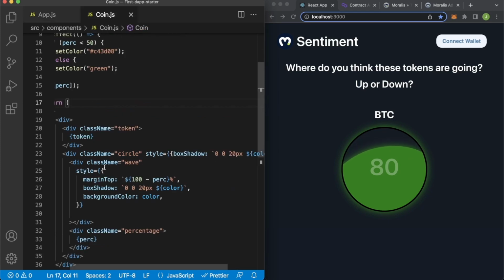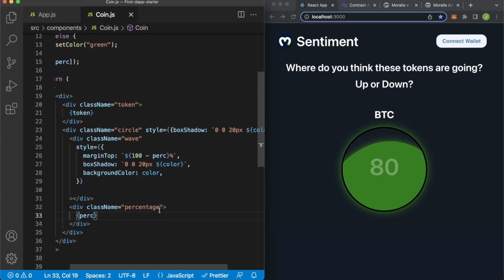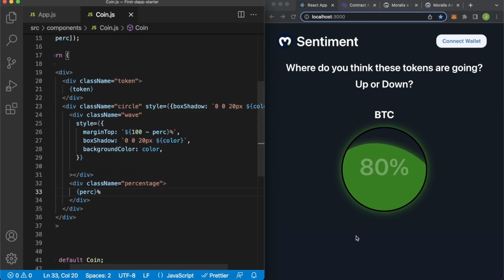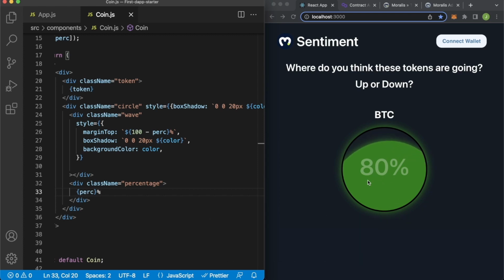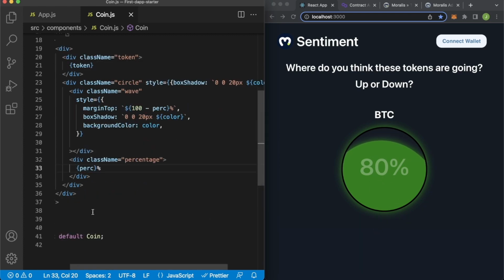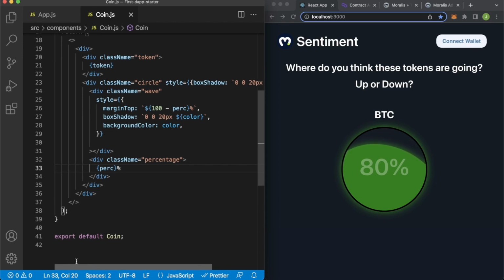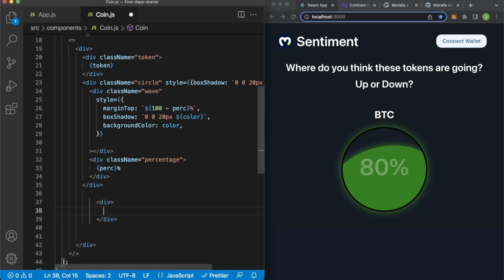One last thing we can add, after our percentage, we can add a percentage sign like so. Just makes it look ever so much nicer. Moving on, we can go ahead and create those buttons over here. So an up button and a down button. So when we vote, our percentage will change because now we have more votes for up or more votes for down. So over here below our second to last div, we'll create a new div